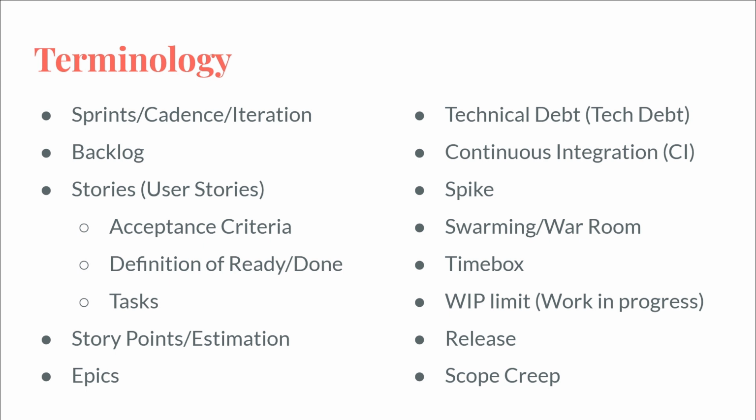And usually a spike is time boxed. A time box is where you say, I don't know how long it's going to take to get this thing to work, but if it takes longer than this amount of time, it's probably not worth doing anyways. So I'm going to time box this to 4 hours or 5 days or whatever, or a sprint or 2 sprints or whatever, and say that's my time box.